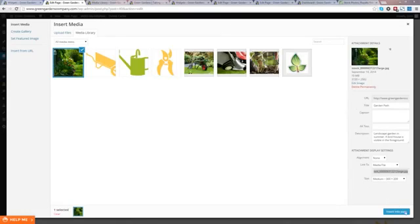So if we go insert into page, just to show you here, you can actually already reduce the size of it. You've got the size option here, and at the moment it's set as medium. Full size, you can see the dimensions are big, large is pretty big, medium's kind of just right for what I want to demonstrate here. So if we go insert into page,